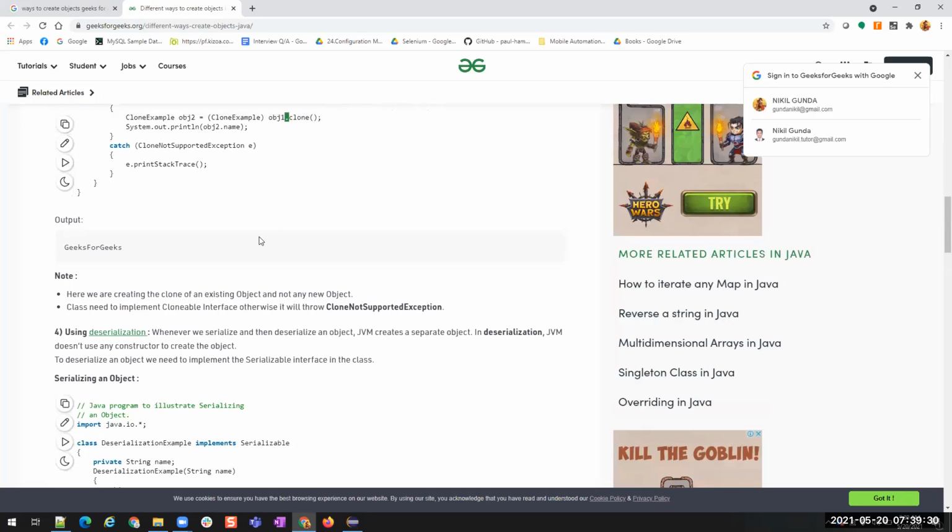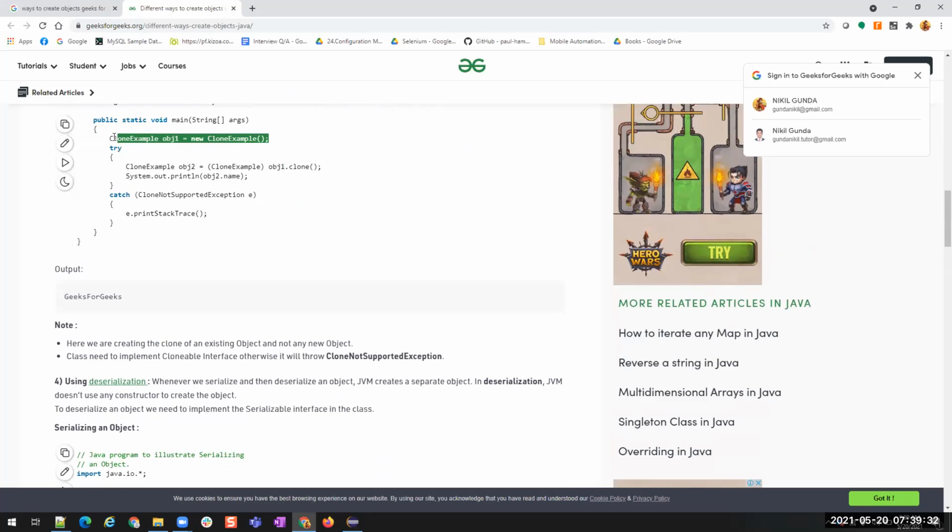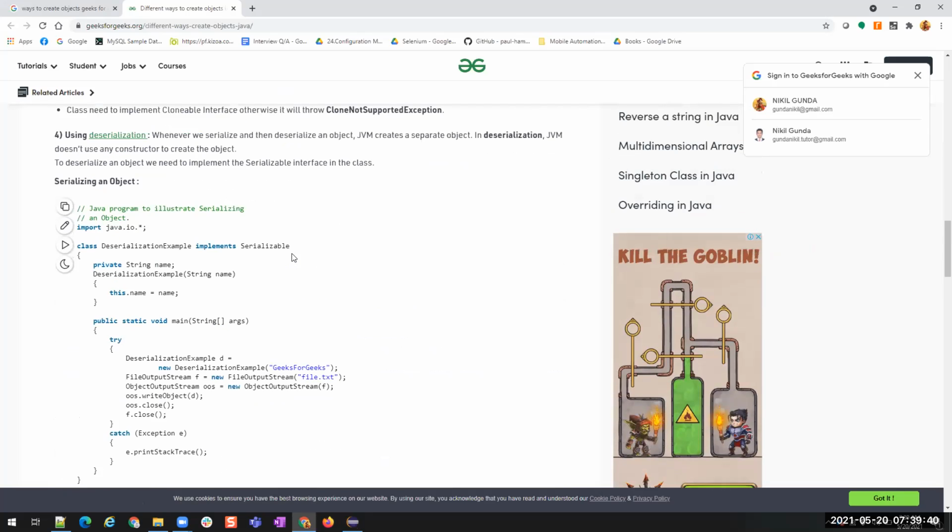But when we have this simple line, with just the new keyword, we get an object of this clone example. What are we doing here instead? We are doing serialization, which means converting our object into some text and storing it in a file. Whenever we want, we fetch that object value from that file, encoding and decoding it.